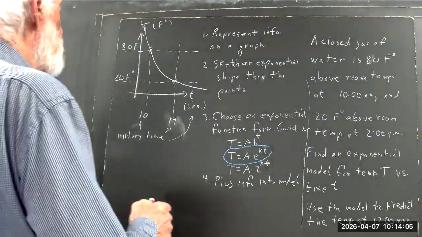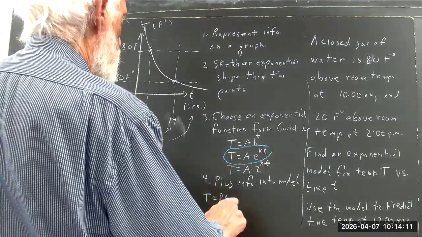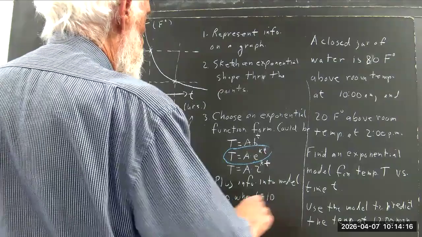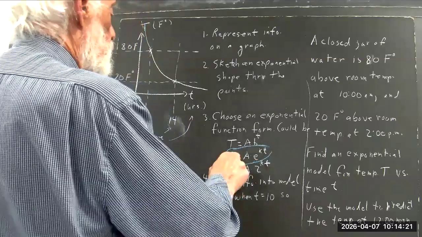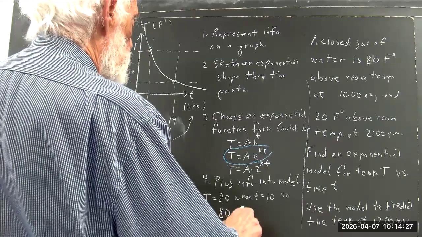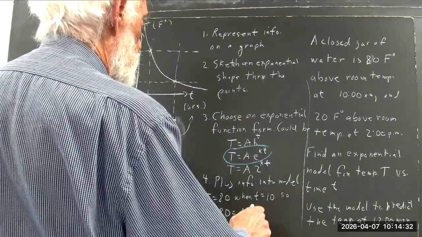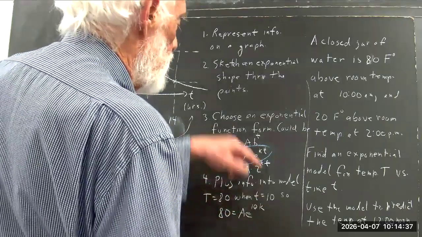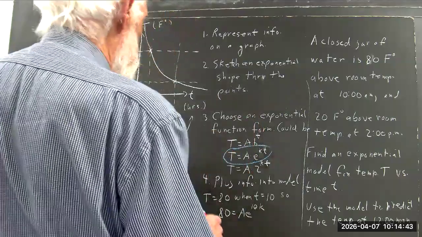Okay, so we have big T equals 80 and little t equals 10. So using this model, we're going to have 80 equals a times e to the k times 10. And of course, I'll write that as 10k because we usually write the number first. We just plugged in 10 for t here. So you get e to the k times 10, which is e to the 10k. And then